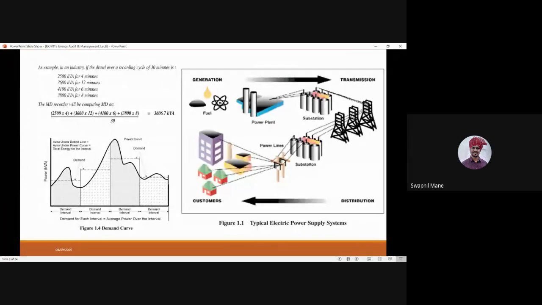So you see, the basic cycle through which you get the electricity is shown over here. There is generation. It can be a coal-based power plant, oil-based power plant, or nuclear power plant. So this will become our fuel. Fuel is supplied to the power plant, and this power plant will generate electricity, a chemical to electrical energy transformation.